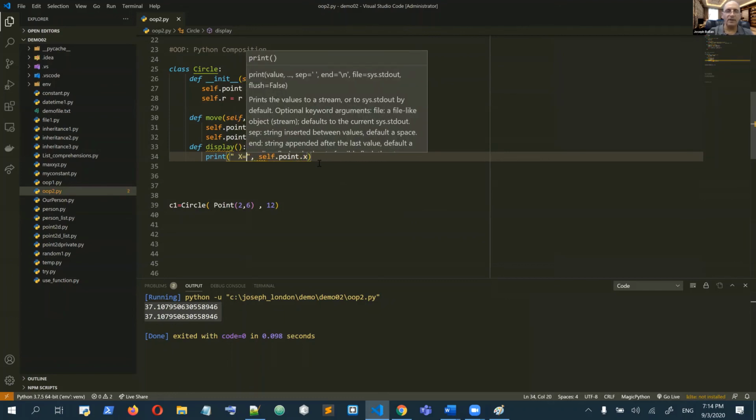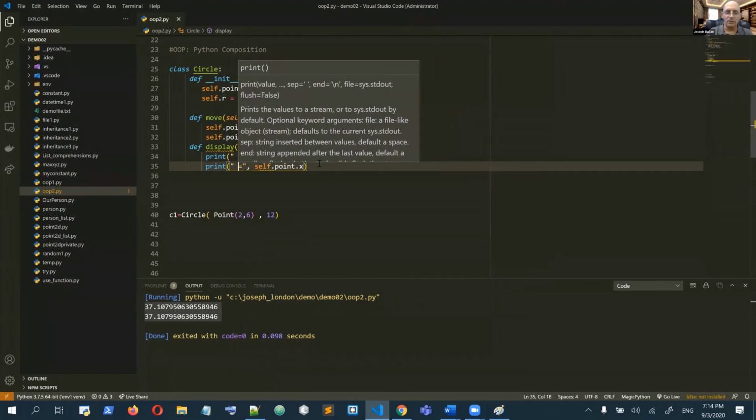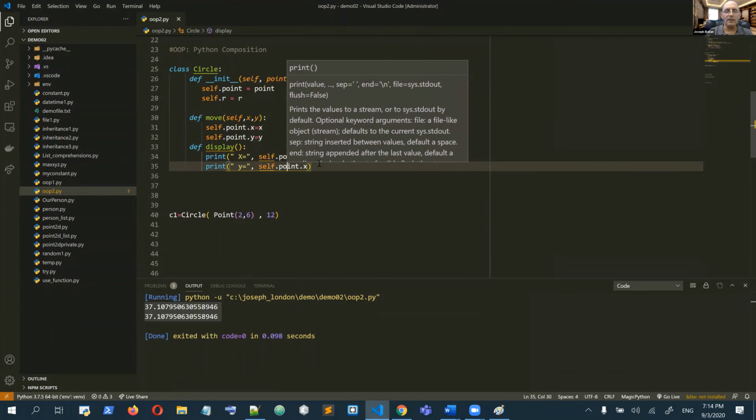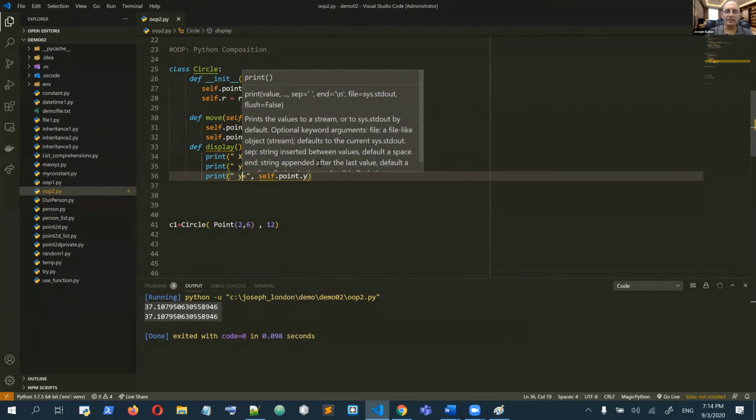So x equal, and at the same time I will write y equal, and then I will write r equal